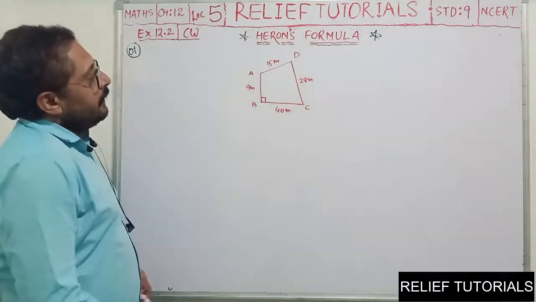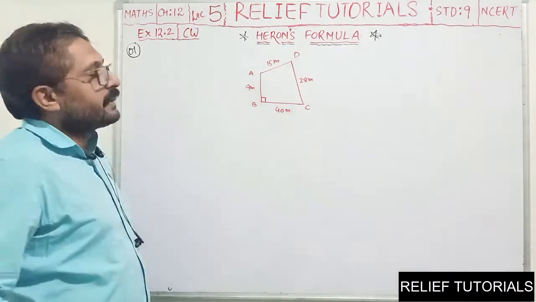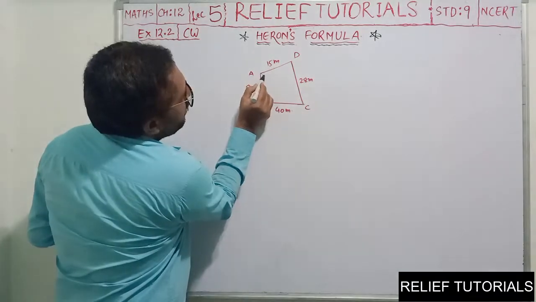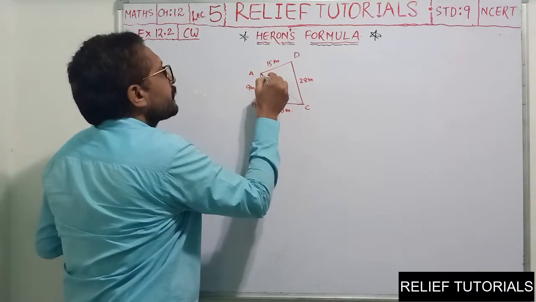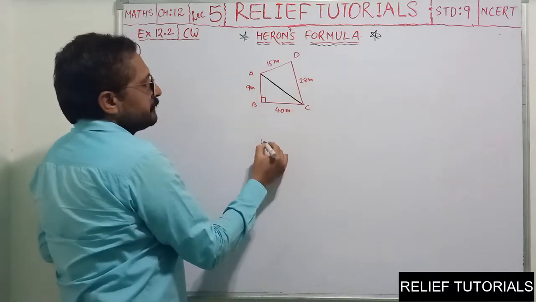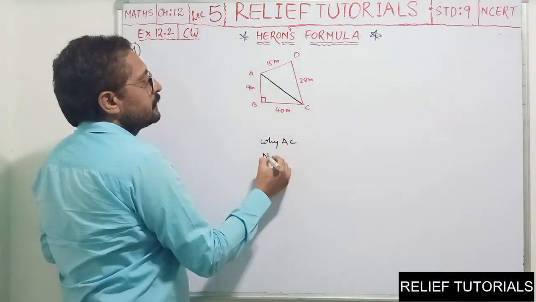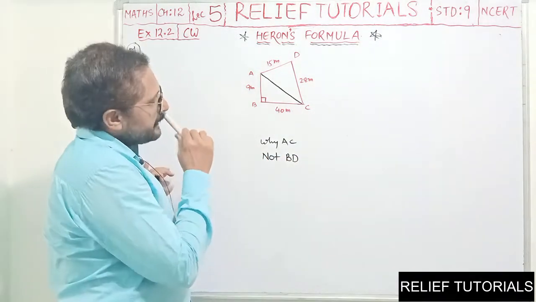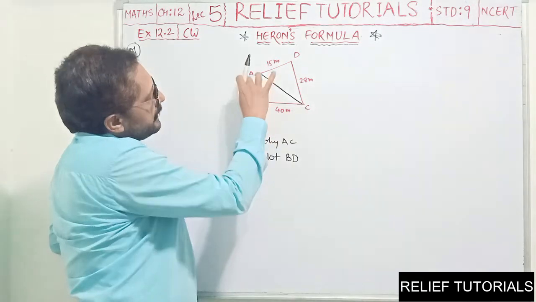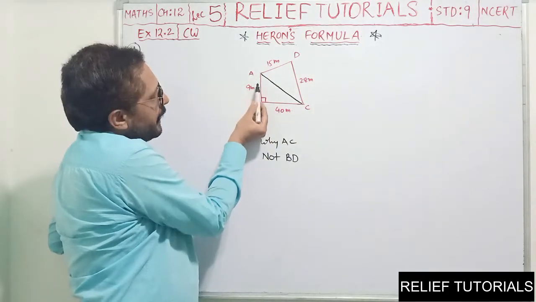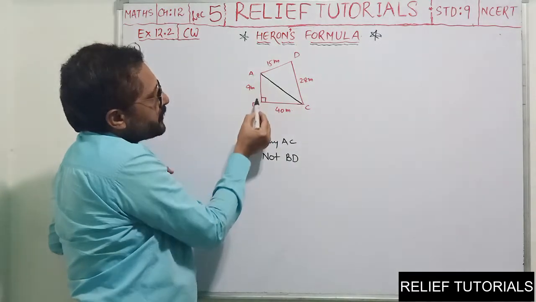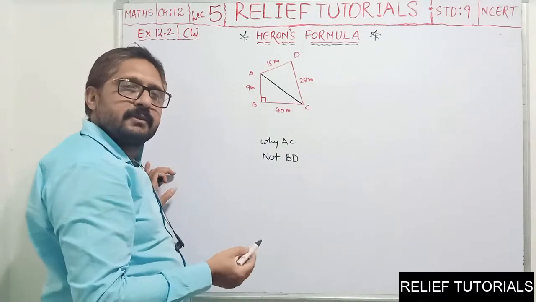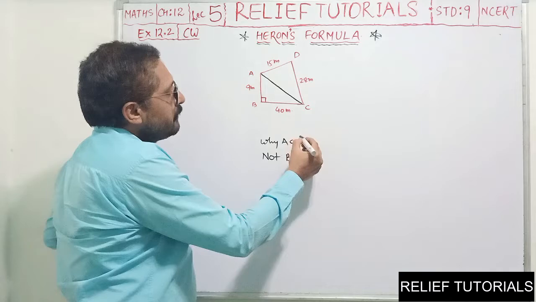Now, we have discussed earlier the theory of how to find the area of a quadrilateral. So what we will do is draw one diagonal here, AC. Why AC? Not BD? This question arises. See here, in triangle ABC, it is given that angle B is 90 degrees. So we have AB, we have BC, and this is 90 degrees. So this triangle is a right angle triangle, so we can find the remaining third side by using Pythagoras. Clear? So we will get AC.